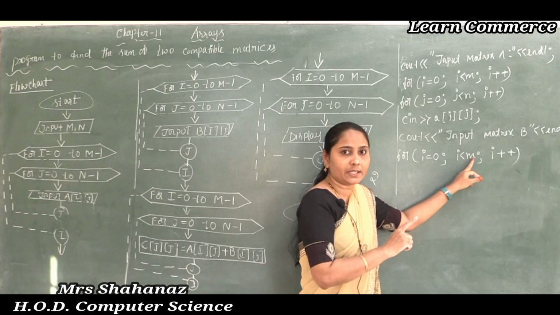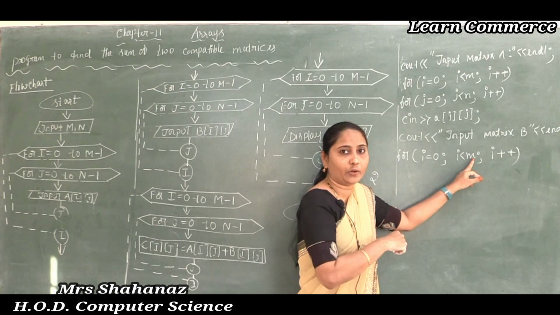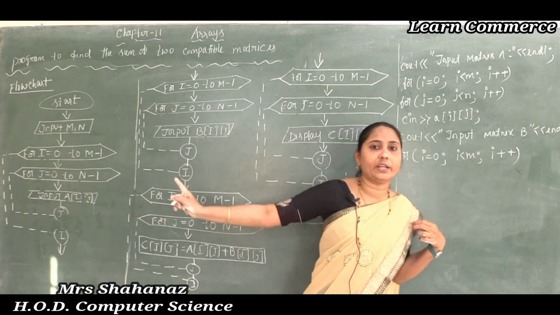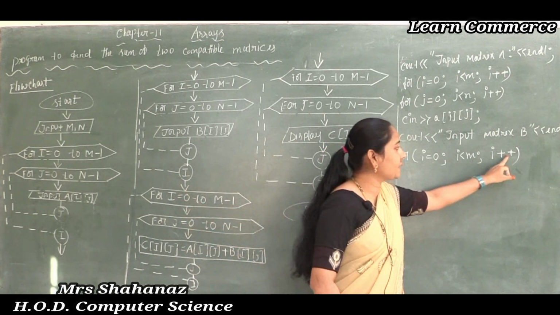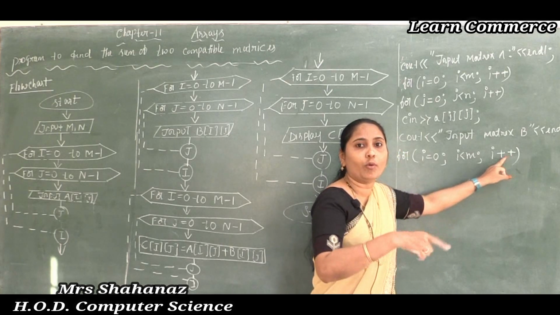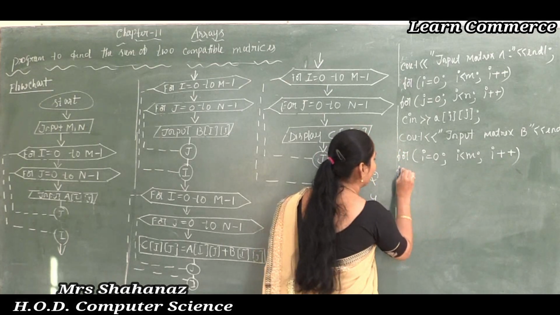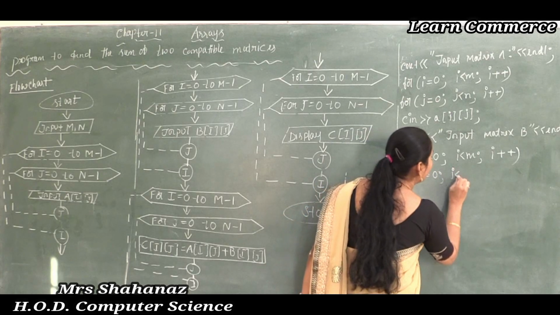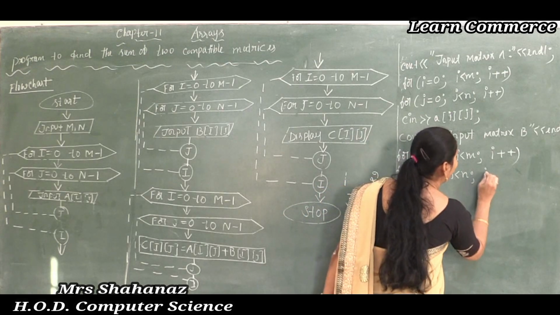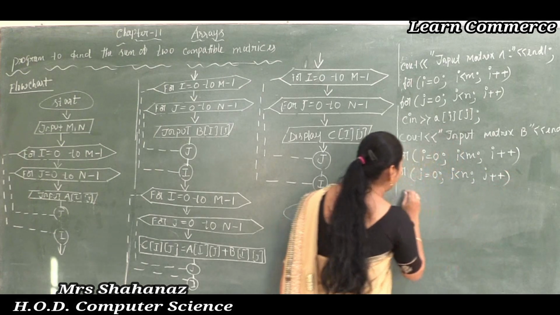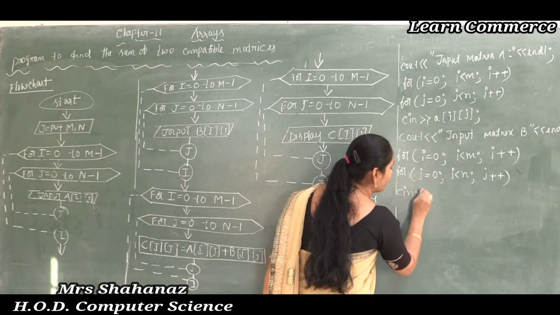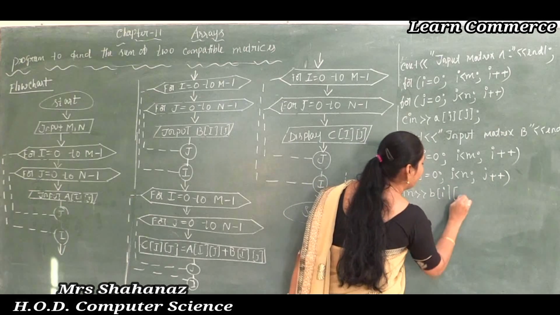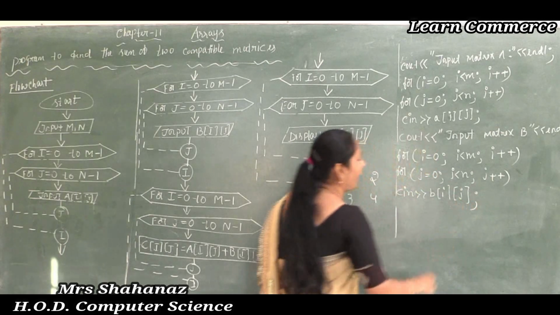If the condition is satisfied, surely it is going to access the values. If the condition is not satisfied, it is not going to access the value. We already know this in our solution. i plus plus means that it will move one by one here, and the next one is for j = 0, j < n, j plus plus. By using this process I am going to access the value b of ij. Clear this point here? The b of ij.